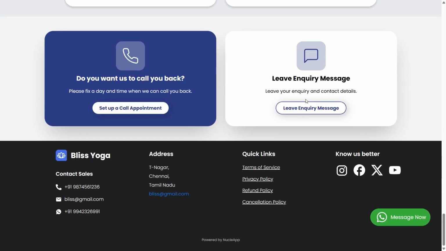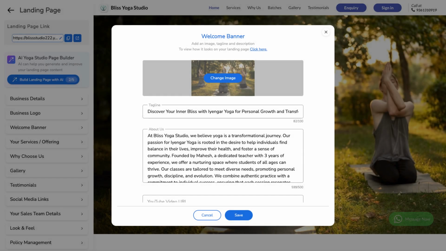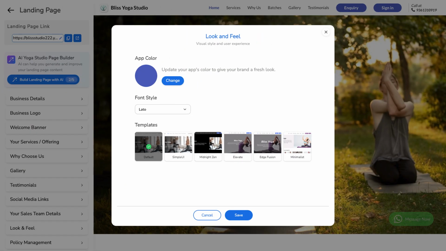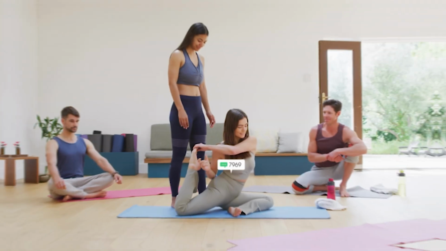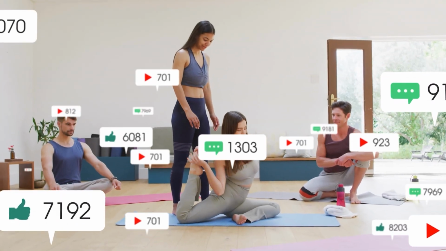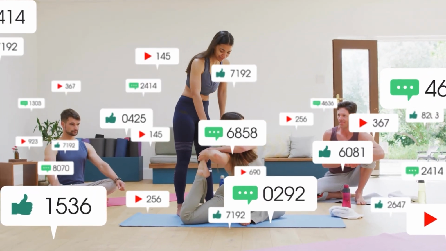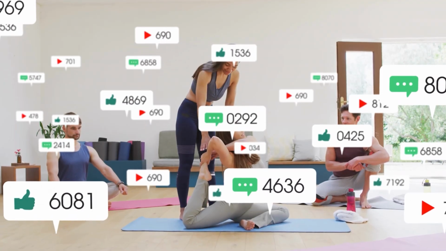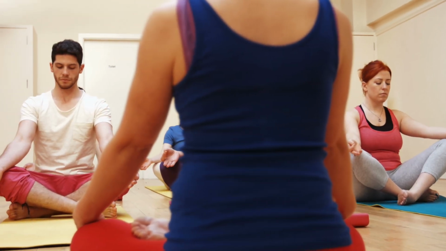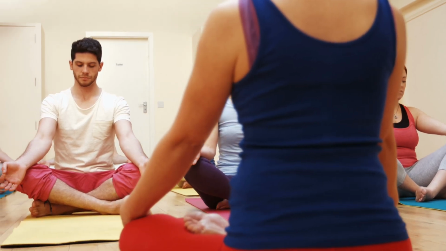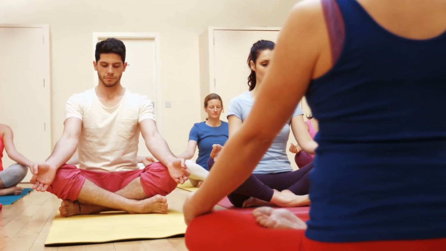Most teachers are able to set up their landing page in less than an hour, without technical help or external designers. And unlike a traditional website, this page is not fixed. You can update your content, change the look and feel, or refresh it every few months as your batches or focus change. This keeps your presence current without rebuilding anything from scratch. The real benefit here is clarity. Students come to you already informed, and you spend less time explaining and more time teaching.